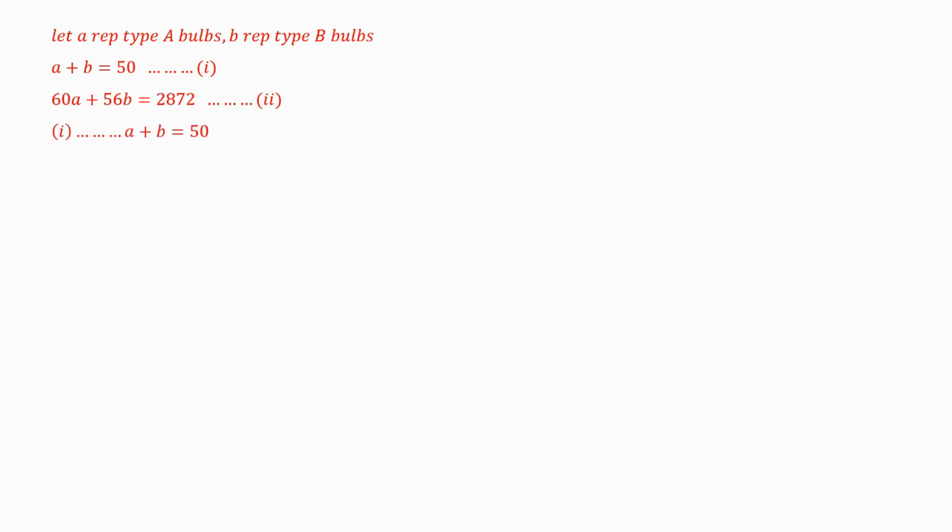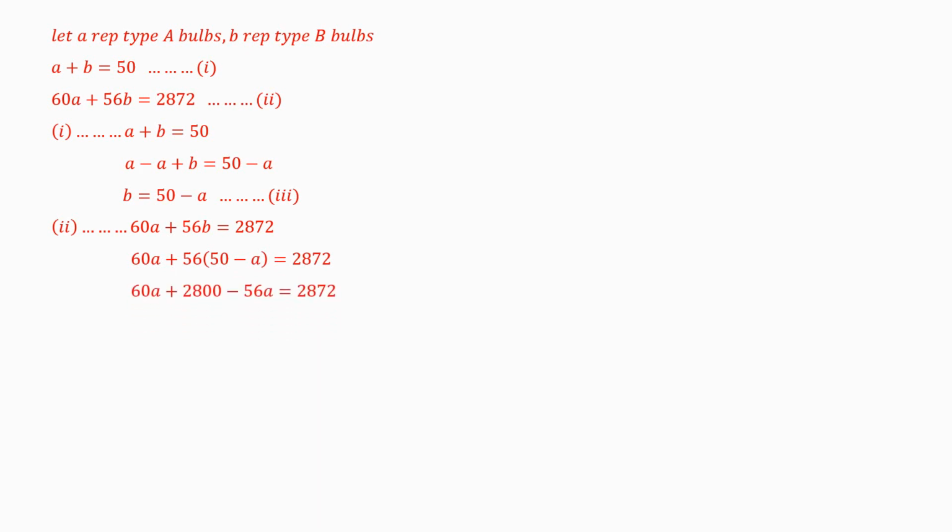So from equation 1, we know that A plus B is equals to 50. So we shall represent B in terms of A by subtracting A from both sides of the equation. So B is equals to 50 minus A. Then from equation 2, we have 60A plus 56B is equals to 2,872. And since in equation 3 we obtained B as 50 minus A, we shall substitute B by 50 minus A. Then we open the bracket, we have 60A plus 2800 minus 56A is equals to